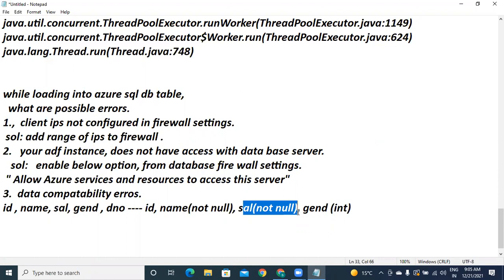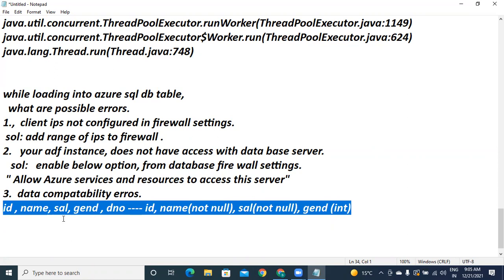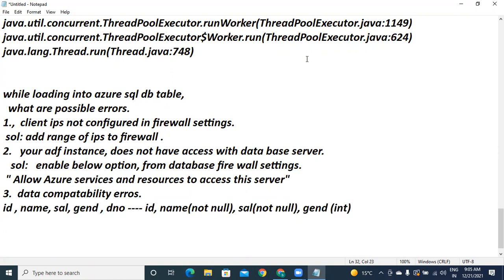For example, ID is configured as a primary key. A primary key does not allow duplicates, but in the input file you have duplicates. Understand? That means the issue is not only data compatibility; you also need to check constraints.